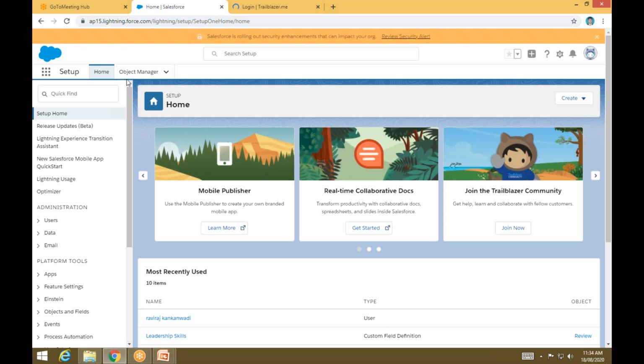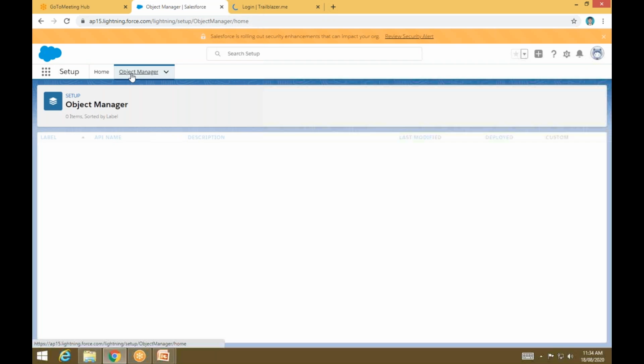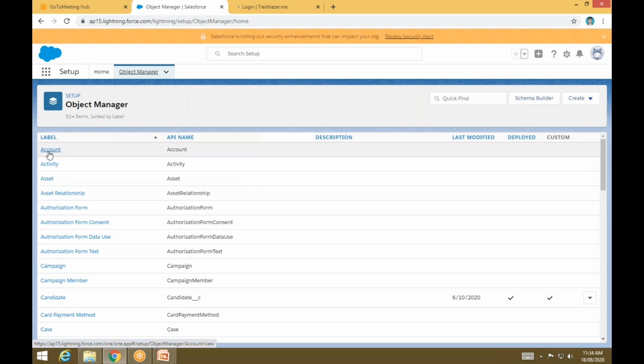So here you have the setup and you have the object manager. Everything which you want to do in Salesforce, you need to go to the object manager only. Within the object manager, you need to create objects. Account is an object, activity is an object, asset is an object, candidate is an object, case is an object.